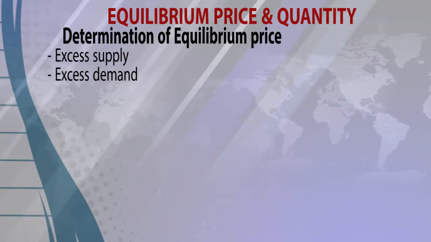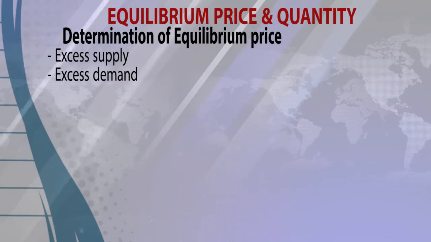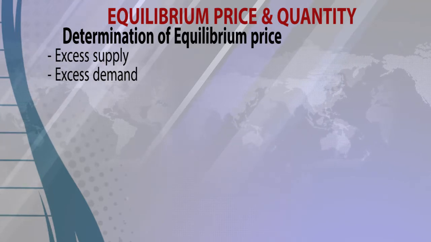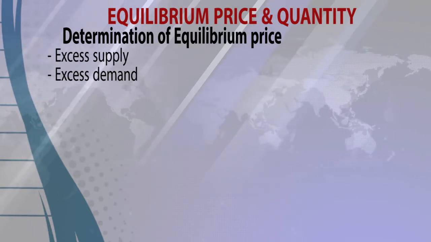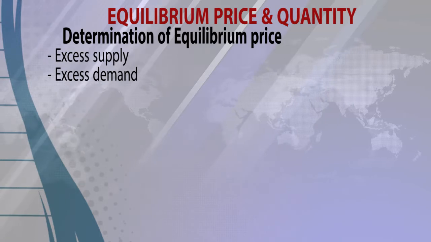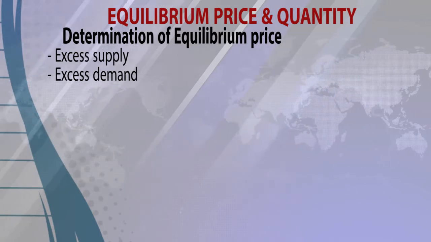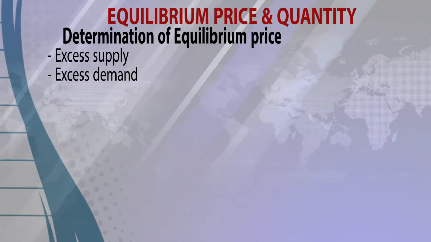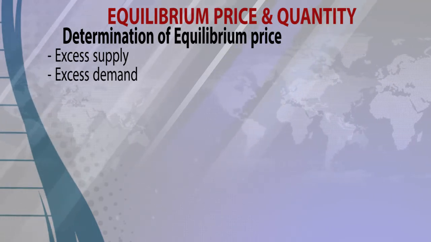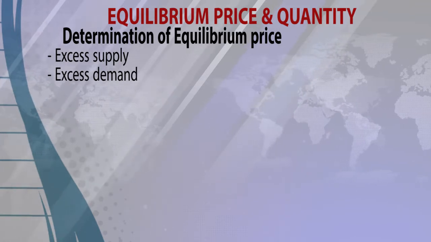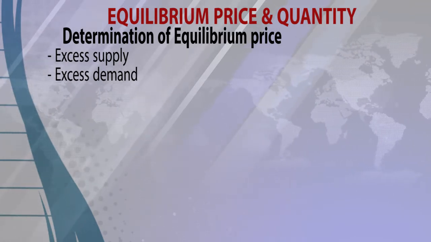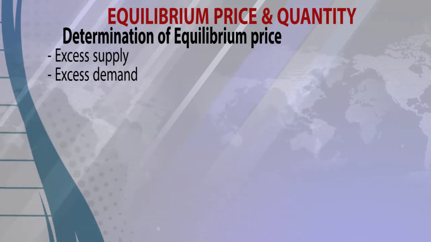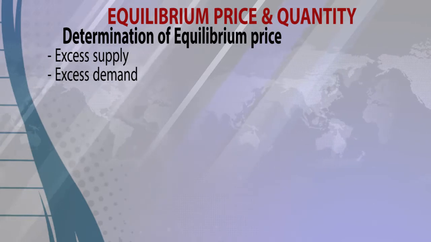But before that, I wanted you to understand the concept of excess supply and excess demand. Excess demand refers to the quantities demanded by customers over quantities that suppliers are able to supply in the market, as shown here. Then on the other hand, excess supply refers to the quantity supplied over the quantities that customers are able to buy. All right,